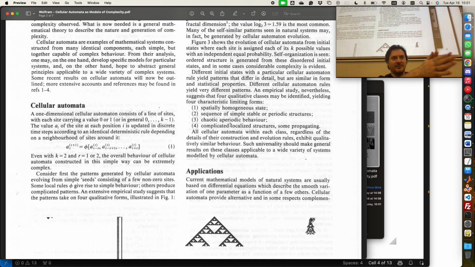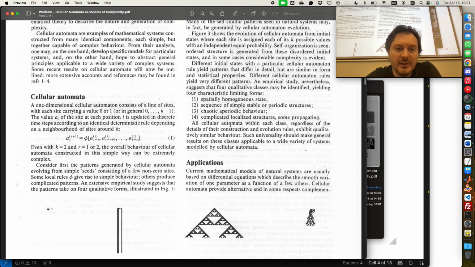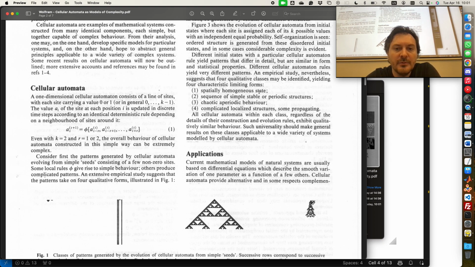From his experiments, he decides that there are 4 possibilities. Spatially homogeneous states, like as you can see, this is not a printer mark, it's actually an initial state. And it dies off, just like rule 0, right?